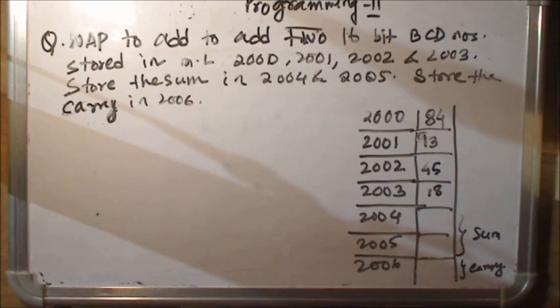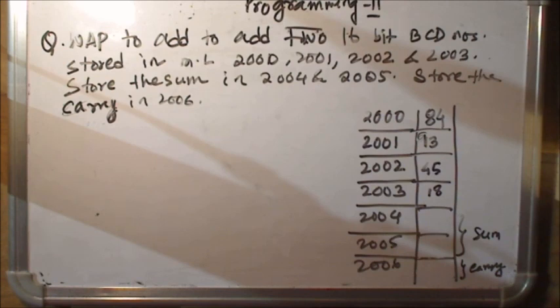That means the carry that was generated during the lower byte addition will be added during the higher byte addition with the carry. So you will use the instruction ADC. Now again you will get an 8-bit sum during the higher byte addition, that will be the higher byte of your result, and you will produce a final carry. So this is a simple 16-bit addition.